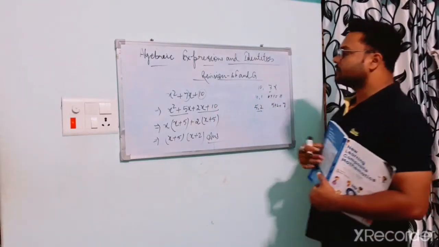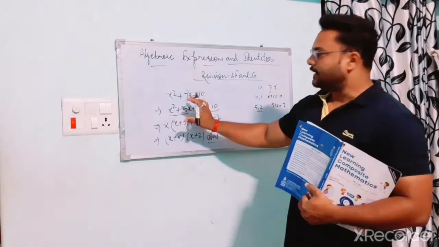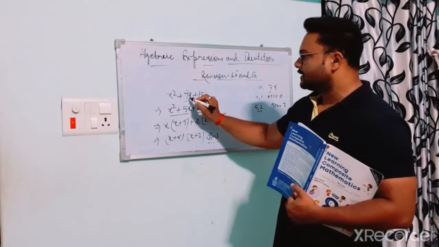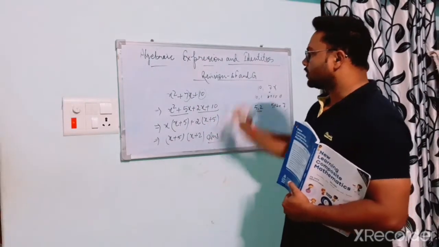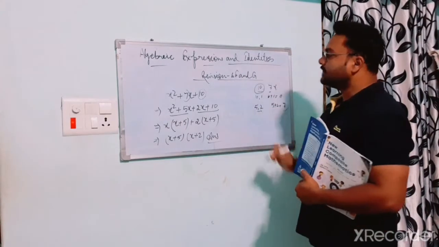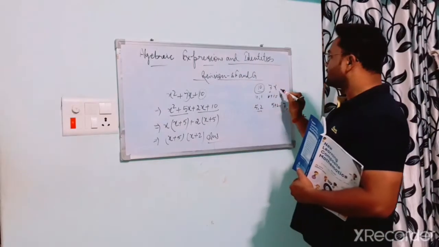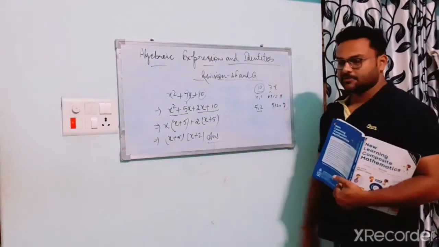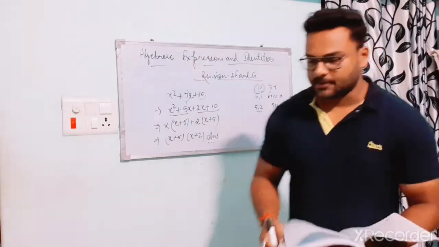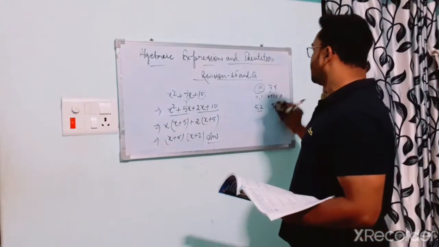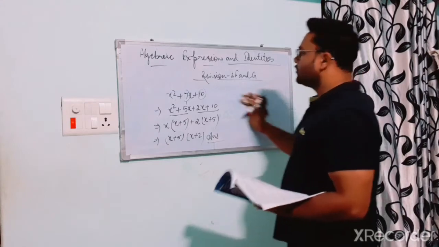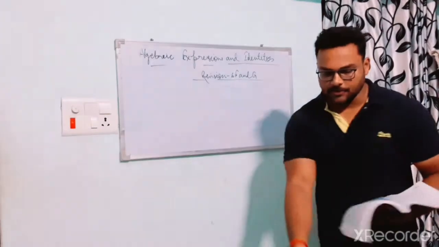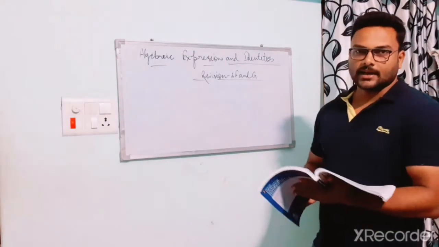So the whole thing is behind this constant term, 10, and the coefficients. You have to take the constant term and take the factors in such a way that their sum is equal to the coefficient of the middle term. We have done it like that, and this way we can solve the given expression. So I hope you have understood this exercise properly. Follow the questions that are given; I think you have already done them. A few more questions on the same basis you should try to solve.